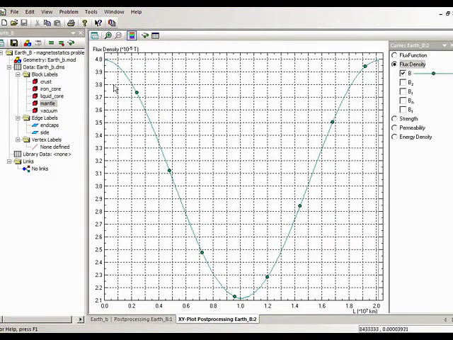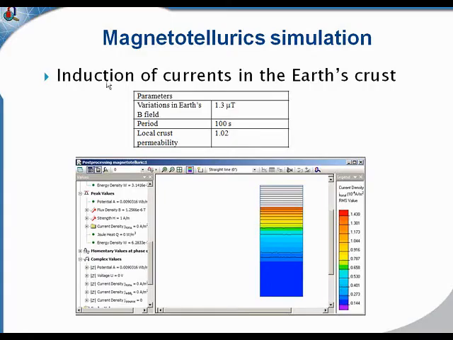So the next problem I want to look at, we're looking at the DC magnetic field in this problem, and in general the Earth's magnetic field will have some low frequency variations, and this will induce currents to flow in the Earth's crust. So this is a subject of Magnetotellurics here, where we induce current in the Earth's crust,